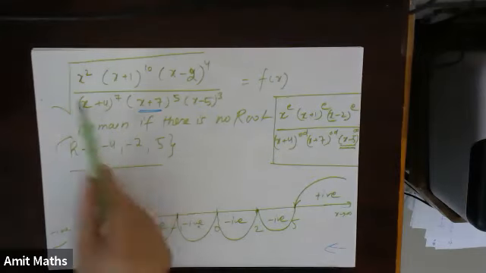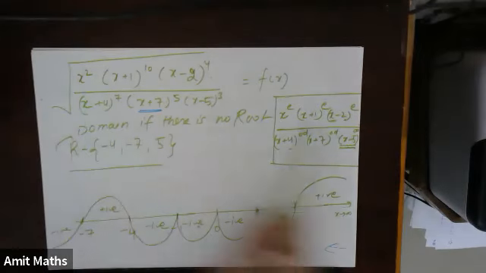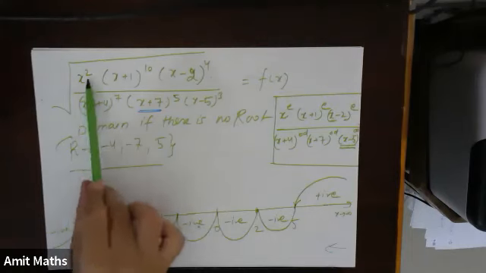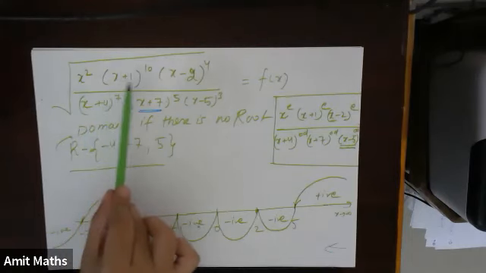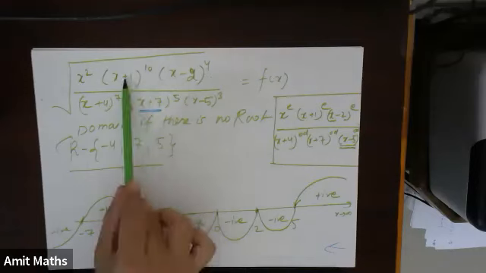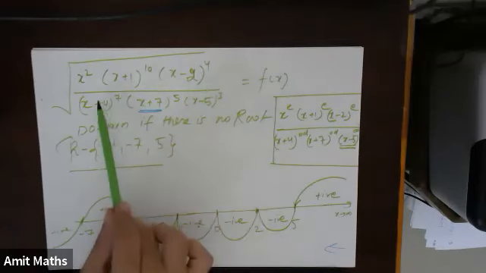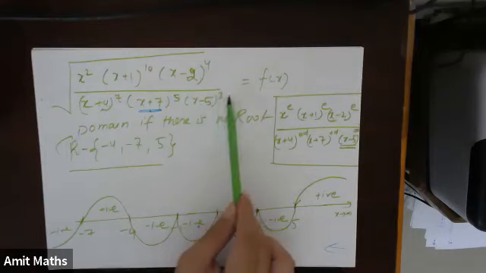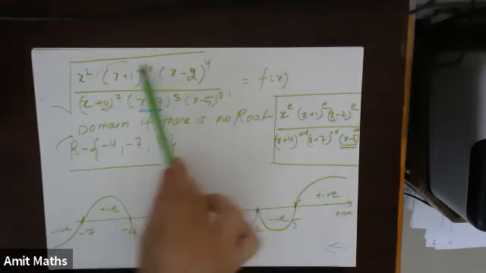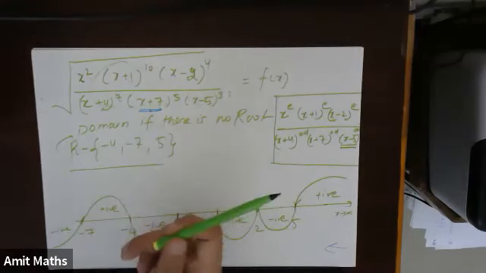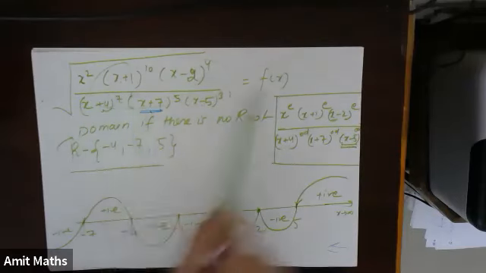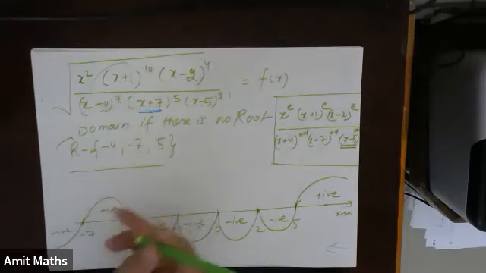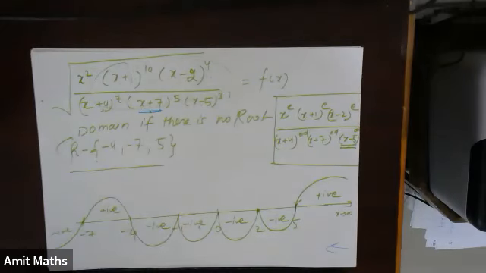Okay, see, 0 multiplied with anything is 0. The numerator is 0 when x is equal to 0. When I substitute x equal to 0, what will I get? 0 into 1 to the power 10, into minus 2 to the power 4, divided by 4 to the power 7, divided by 7 to the power 5, divided by minus 5 to the power 3. No matter what the other values are, 0 into something is always 0. Under root, 0 into something is always 0. So that is why it will be defined. Whenever the numerator is 0, we will take it.